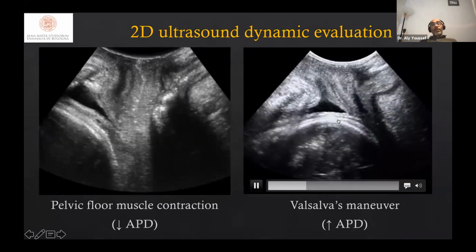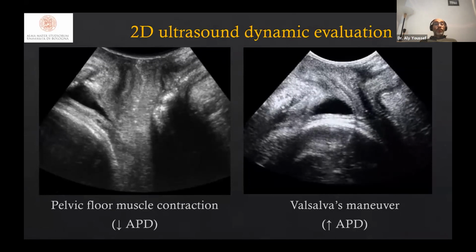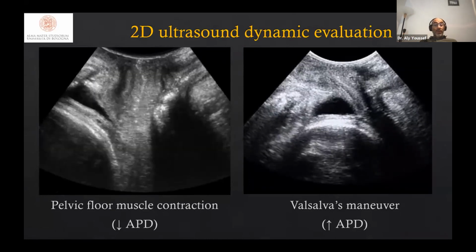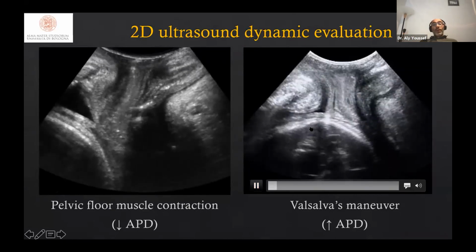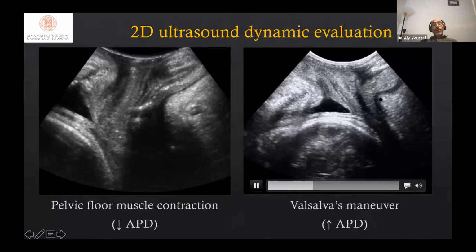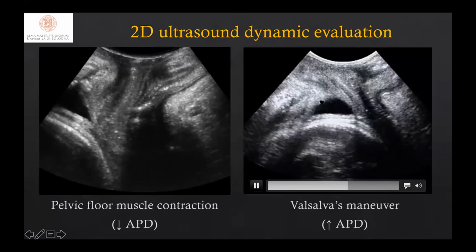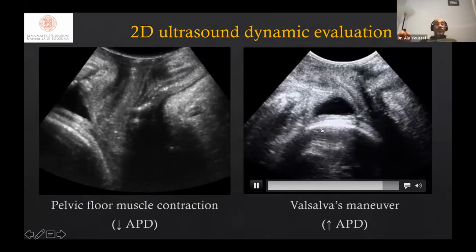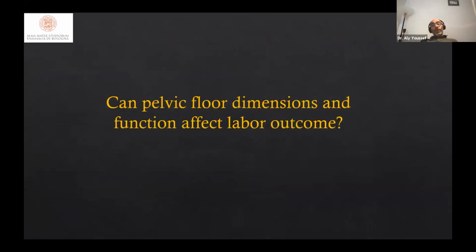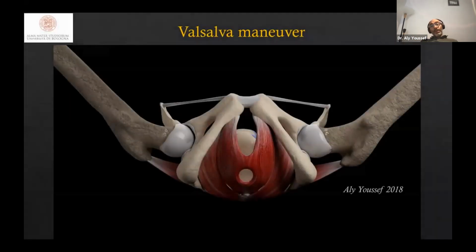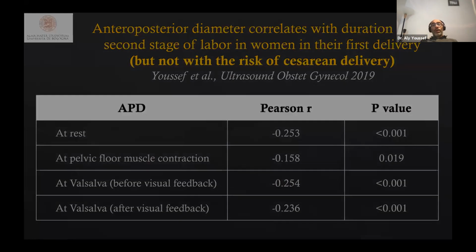Whereas on the right-hand side, you can see the patient who's pushing. Both these images are before the onset of labor. Okay, so a woman, even before the onset of labor, if she pushes adequately, increasing her levator hiatal diameters, this is associated with a descent of the fetal head in the birth canal. So what we examined actually in our